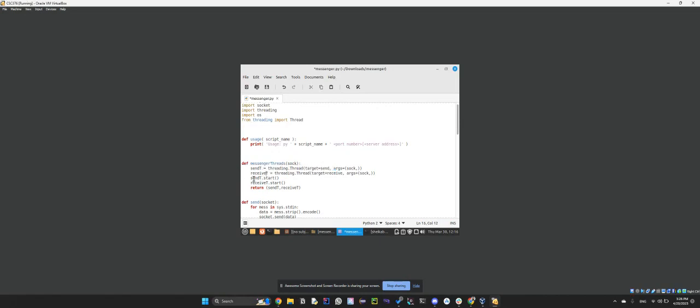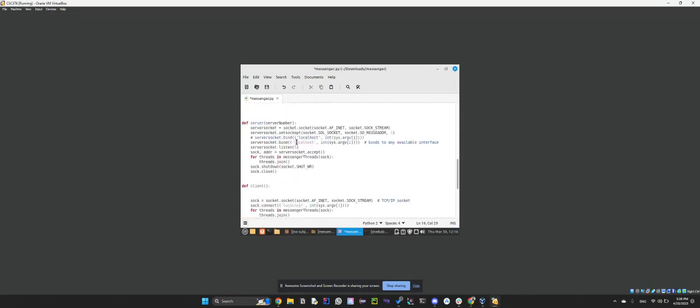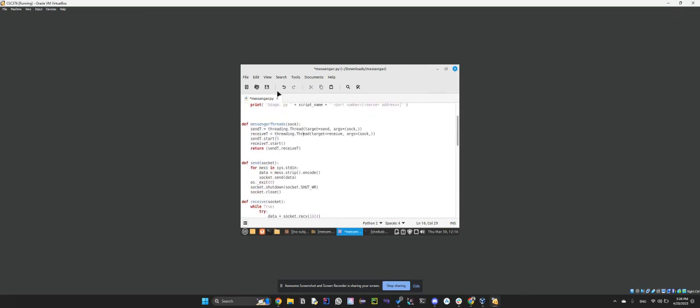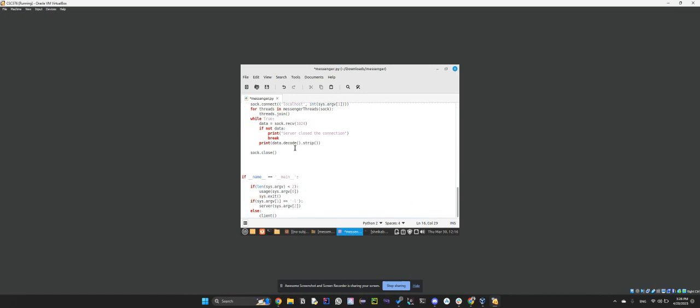For our messenger threads, we're going to create our threading, and then we're going to create a send, and we're going to create a receive, and then we're going to do threading thread, and we're going to set our target to send for send t, and then we're going to set our target to receive for receive t, and then we're just going to input the sock that we receive. And so we're going to start both of them, and then we're going to return them. And then this is again going to be called within the send and receive, the for loops,